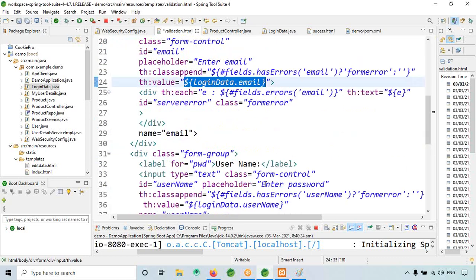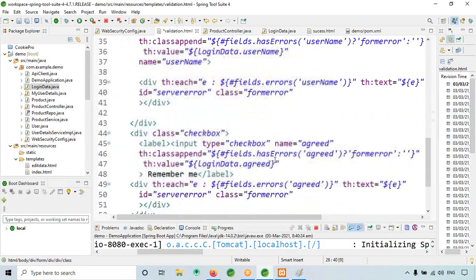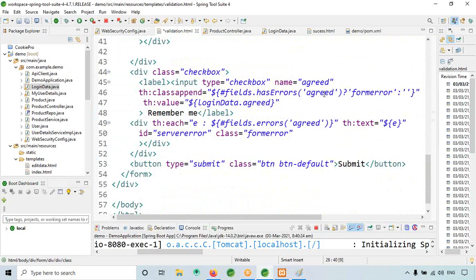Login data dot email. On error, right. Agreed.